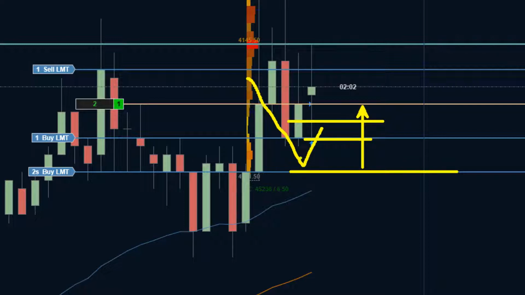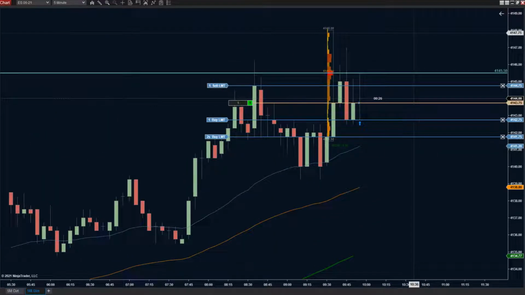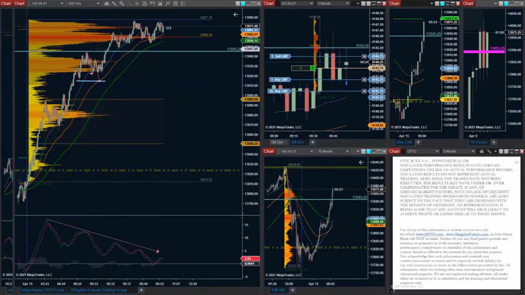But eventually you will run into those situations where it just doesn't stop, right? It's in rip your face off mode. And if that happens, then you've got to have kind of a break point. And for me, a break point on this would be if it starts dipping underneath, I mean, this was the bull bar that kicked it all off. So if they start diving underneath that, there's obviously a problem. We'll very likely see signs to exit way before that happens. But just in case the market were to plummet or some tweet or something came out, that would be the zone where I know I've got to start pumping the brakes a little bit.